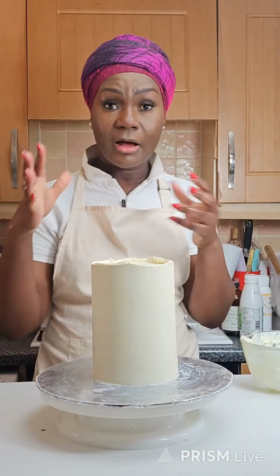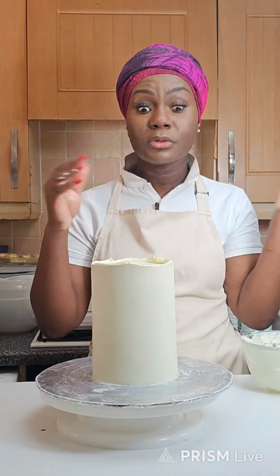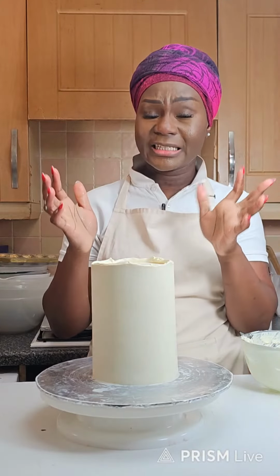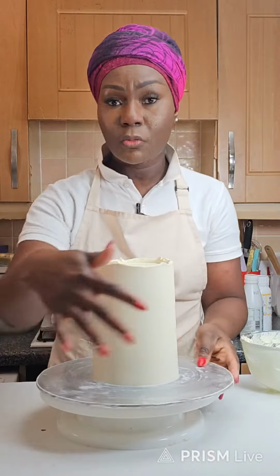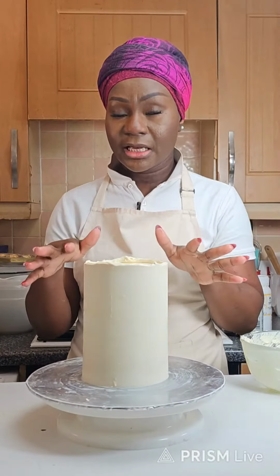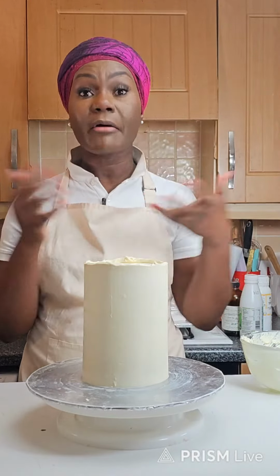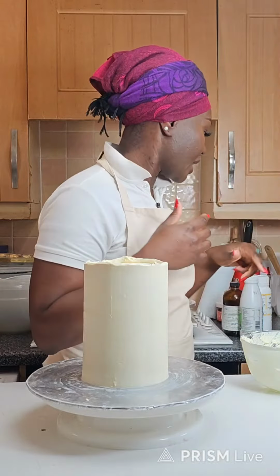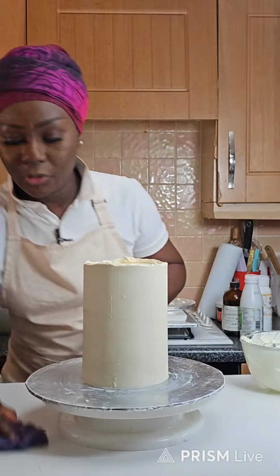So you've seen how the whipped ganache goes from being made to leaving it on a countertop for 24 hours, coming back, bringing it to the right consistency, crumb coating the cake, whipping the ganache, and then finishing it all off. So what I'm going to do is wipe my sides, get the cake clean, put it in the fridge, come back, clear the top, and then that will be our cake done, essentially. If you have some more questions for me in the chat, after that I will take the questions and I'll be able to answer some of your pressing